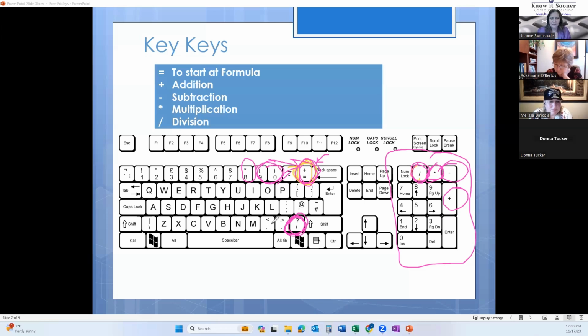You will see things like commas and colons and all that. We try not to have to type those things in the way that I do my formulas and functions. You might know of a different way to do it. There's always a different way to do it, isn't there? So that is your little bit about the keys that you need.